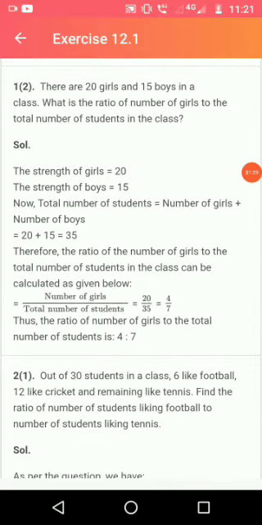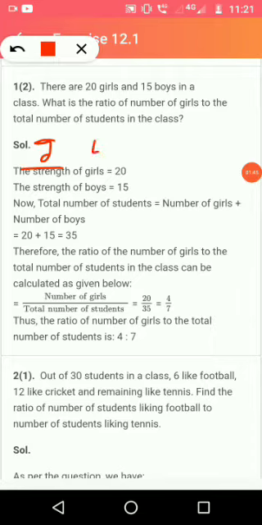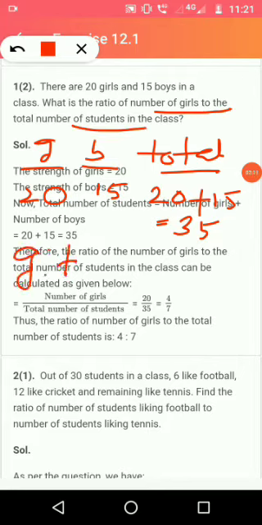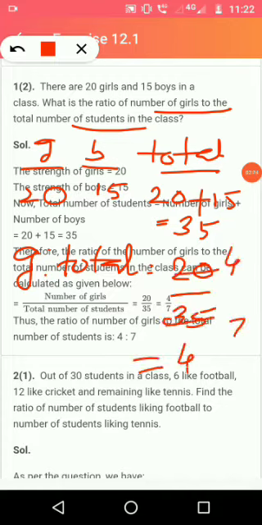There are 20 girls, the same thing, 20 girls and 15 boys in the class. What is the ratio of girls to the total number of students in the class? So, what do I do here? I have written girls, 20 are there. Boys, 15 are there. So, what is the total? Total is 20 plus 15, right? 35. And now, once I get this, I am supposed to find girls to total. Girls to total will be 20 by 35. Simplify. 4s are 20. 7 5s are 35. 4 is to 7.